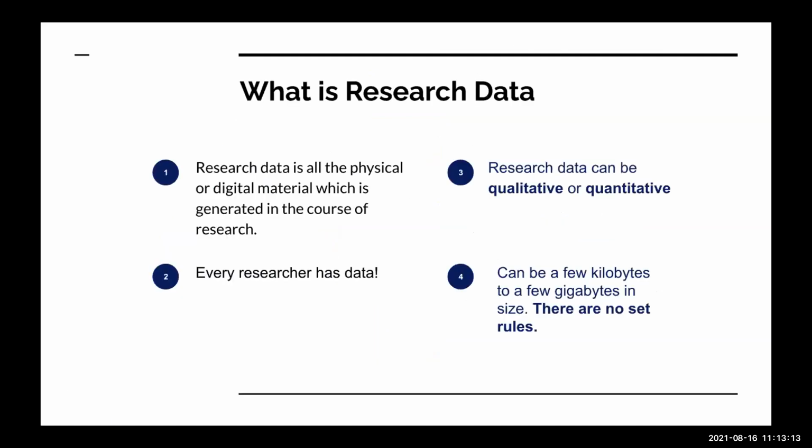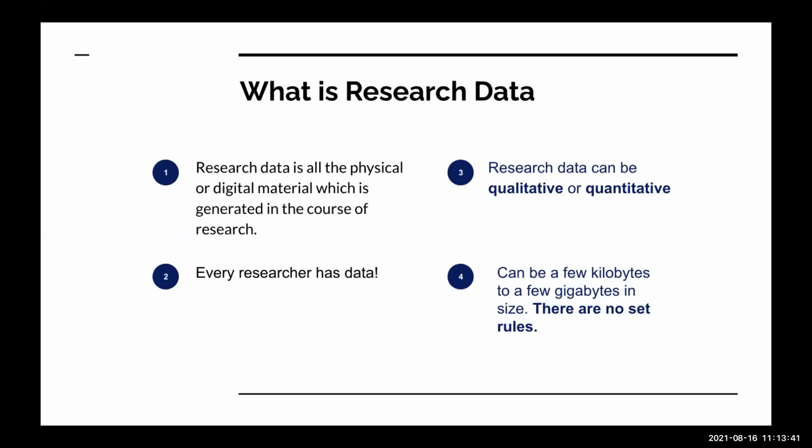So what is research data? Simply put, it's data that is being used for the sake of research. This includes data that is derived from observation, experiment, interviews, testing, hypotheses, surveys, etc. Research data can be qualitative or quantitative. Research data can include data sets, numbers, opinions, sound recordings, video recordings, images.